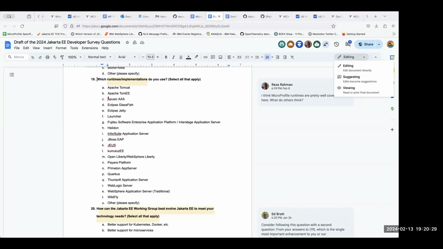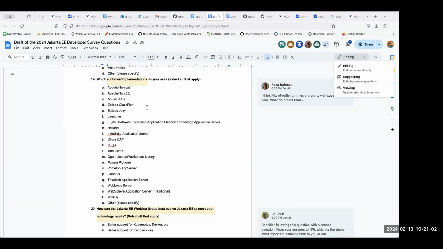If people use the full platform, they can select WildFly or WebLogic or other things, or if they use microservices, they can select Quarkus or Helidon or other things. It's related to MicroProfile.